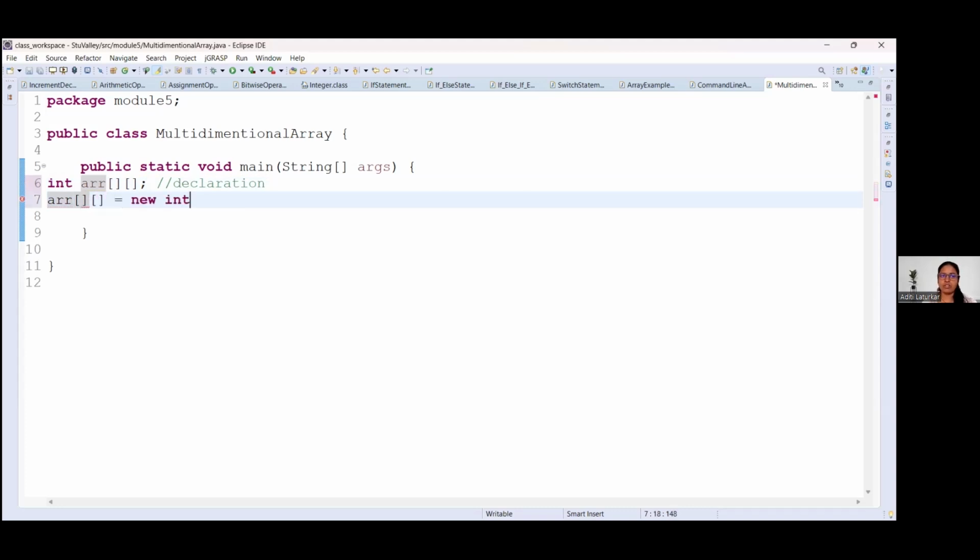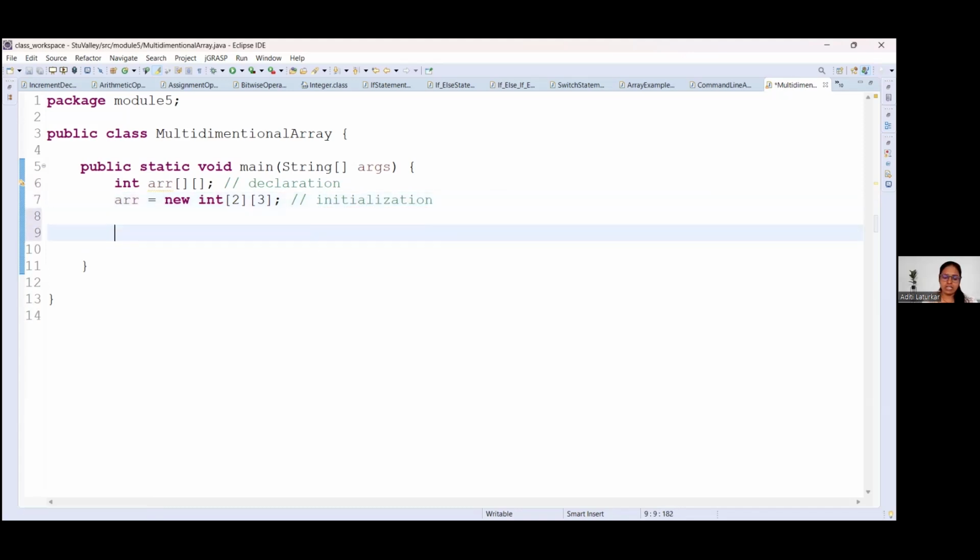Initialization, you can do new integer. So you need to specify how many number of rows you want to create, how many number of columns in that rows you want to create. So here I am specifying 2 rows, 3 columns. Okay, this is nothing but the initialization. You don't need to write this. While initialization, you don't need to specify the brackets. Another way is integer a